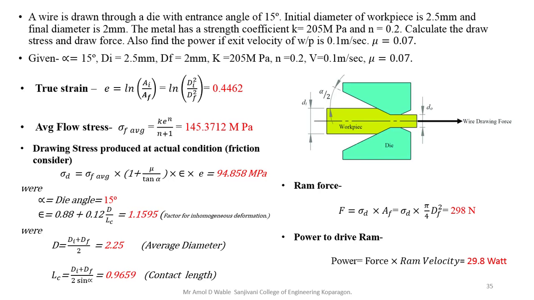So in this way we have covered all the 4 different operations. First we have seen the rolling process, second we have seen forging, then we have seen extrusion, and the last was drawing. So I have concentrated mainly on the concept which you should know, and from that concept how to solve the numerical. But I didn't focus on the part like what are the advantages of those processes, what are the disadvantages of those processes, what are the applications of those processes.